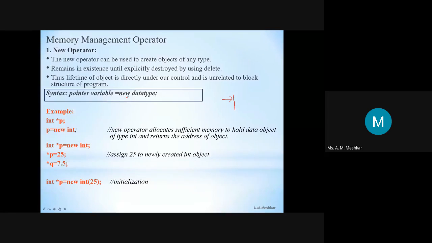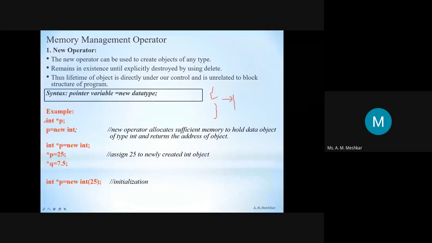ऑपरेटर यूज करेंगे। नहीं तो पहले कैसे होगा, बाय डिफॉल्ट जहां तक ब्लॉक चलेगा, ठीक है, ये जो आपका कर्ली ब्रेसेस वाला ब्लॉक रहता है, ये जहां तक चलेगा वहीं तक उसका स्कोप रहेगा। लेकिन न्यू के साथ ऐसा नहीं होगा, जब तक हम उसको डिलीट नहीं करते वो मेमोरी स्पेस रिलीज नहीं करेगा। The lifetime is under our control and not related to the block structure of C। int *p, अगर ये एक पॉइंटर वेरिएबल है तो